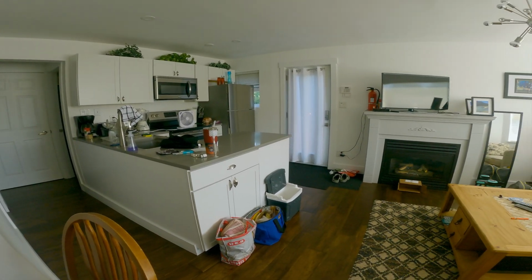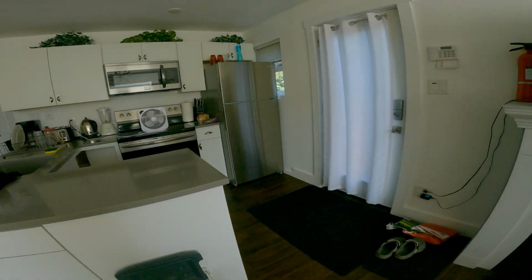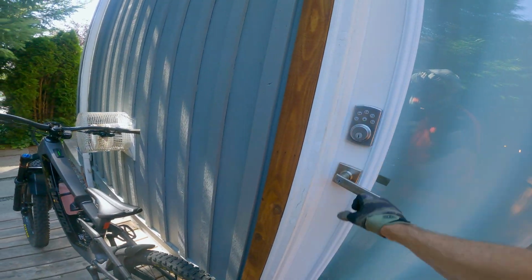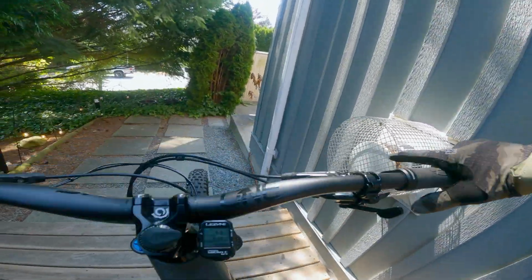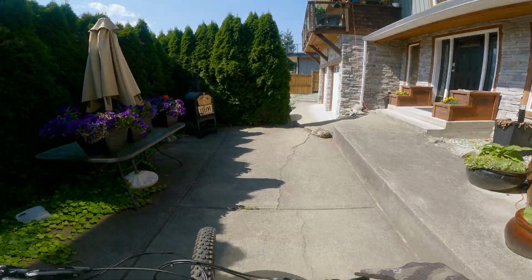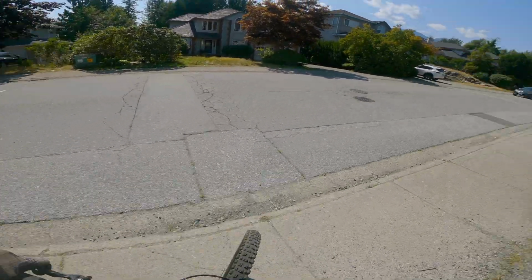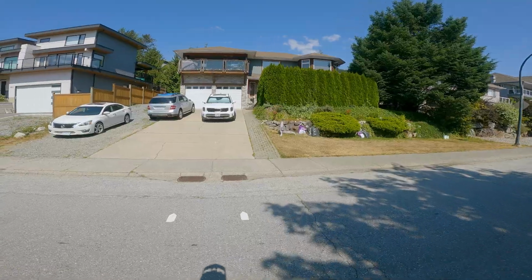So here's my humble abode here in Squamish. Has been so pretty much for the last 6 weeks. Give you a brief idea of what it takes me to get up, ride a couple of the trails. My little porch area. So that's the home I've been in,